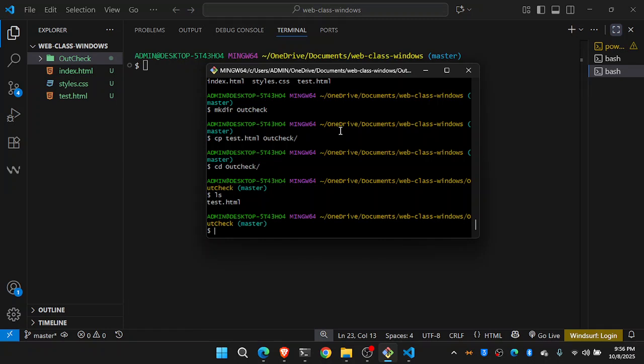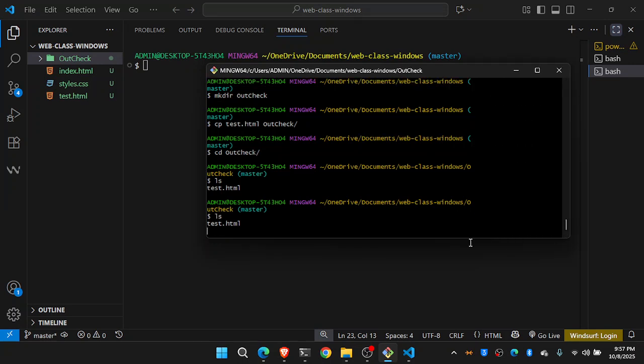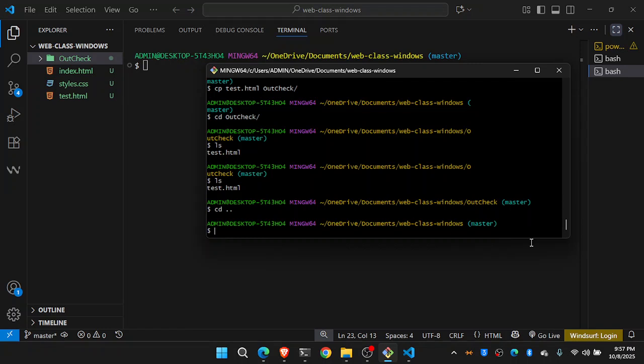So now let's say you want to move it. So how do you move? So let's say for example, let me see. If I want to go back, look at it very well. We moved to our check. Let me do ls here. If I want to go back to the web class window, what do I do? cd dot dot. Yes. Then I'll come back. Can you see I'm back? So now let's do